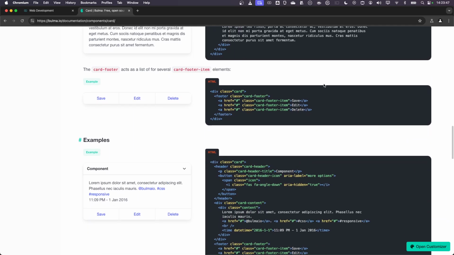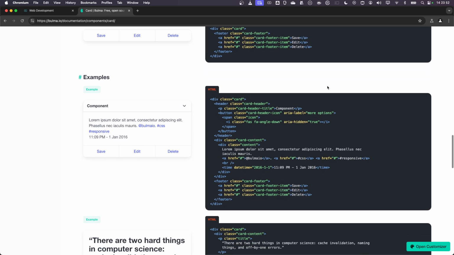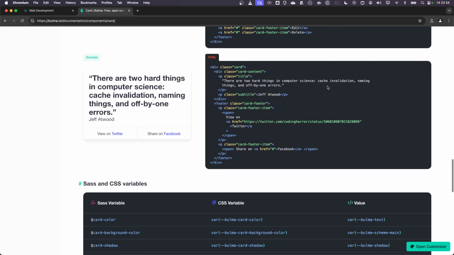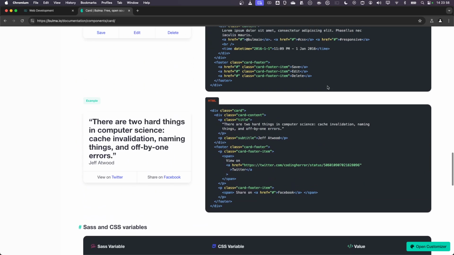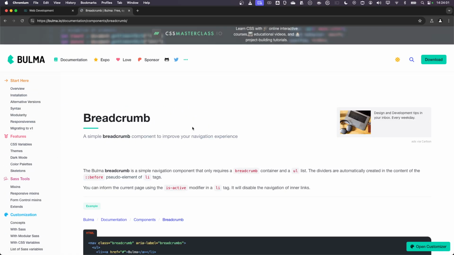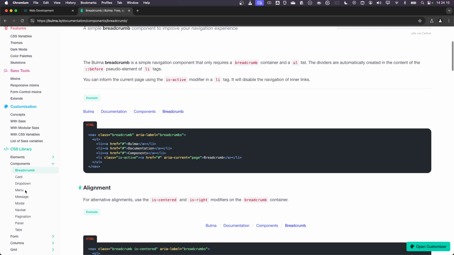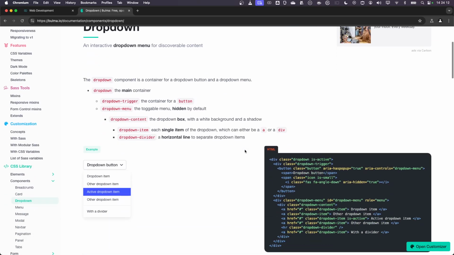Let me scroll down a small bit, just so we can see different things. On the left-hand side here, we have things like breadcrumbs, which is this list going across the top of the page where you place breadcrumbs of where you've been and where you can go back to. We had a look at card. You can have a look at something like dropdown. You can see this already looks like a nicer looking dropdown than you might get if you were to just use